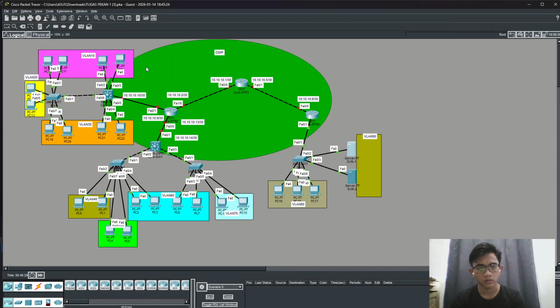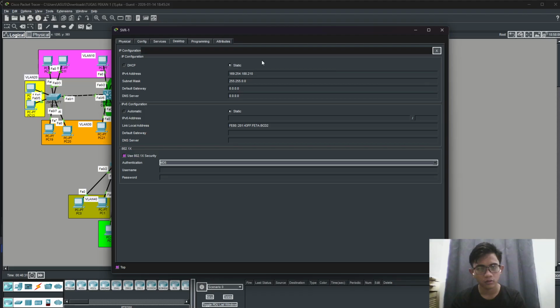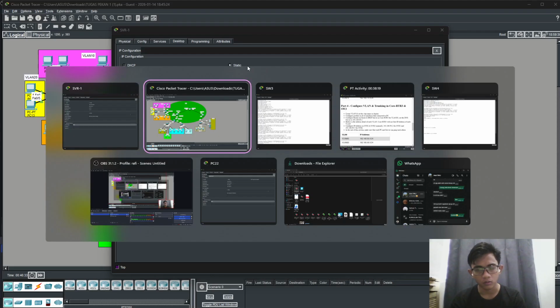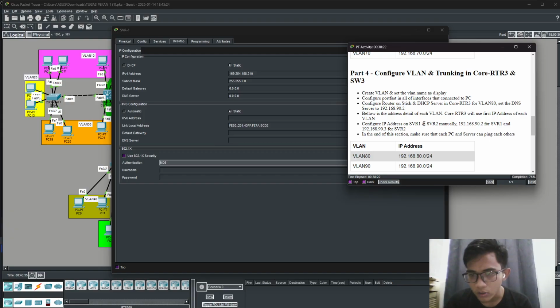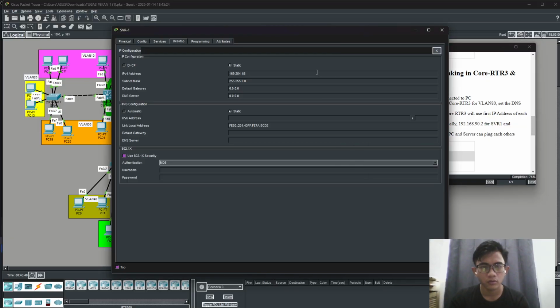So now the server's IP is static. For server 1 it is 90.2, I guess. The default gateway is 90.1, and the DNS server is itself, I guess, because this server is for DNS.